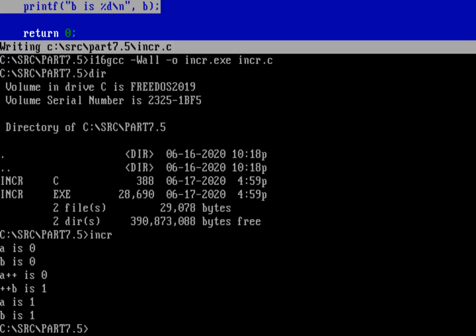And then plus b, it added 1 to b first, and then used that value in the printf statement. And so at the end, both of them were already incremented by 1, and that's why at the end of the program, both a and b are 1. And you can do the same thing